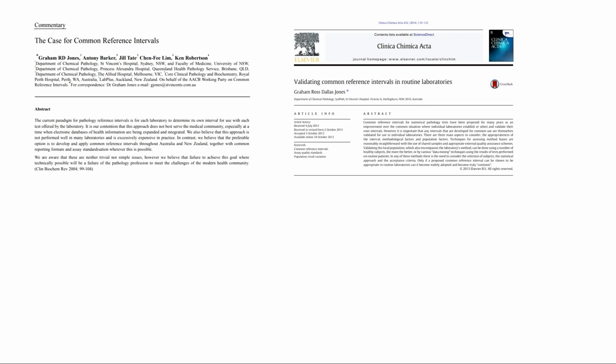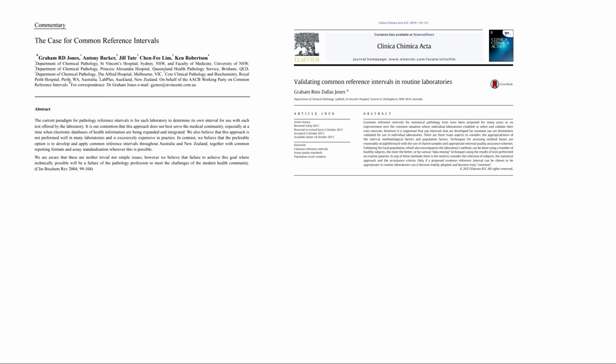I'll switch gears now. One of the things we like to do is have common reference intervals. How can we have common reference intervals? You have common reference intervals if you can show that the results on the same patient samples, or a series of patient samples, are the same for different methods. If I send out some patient samples to different methods and get the same results, I can use the same reference intervals.